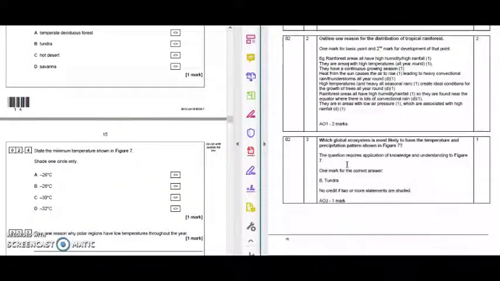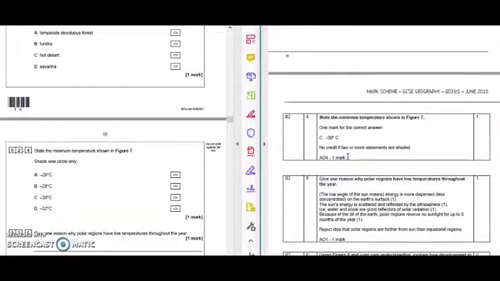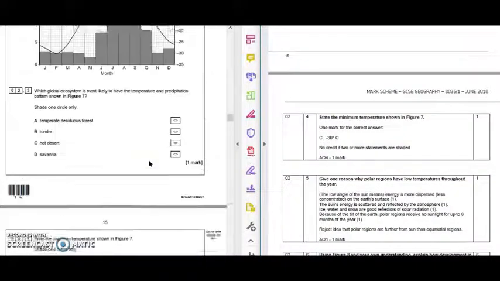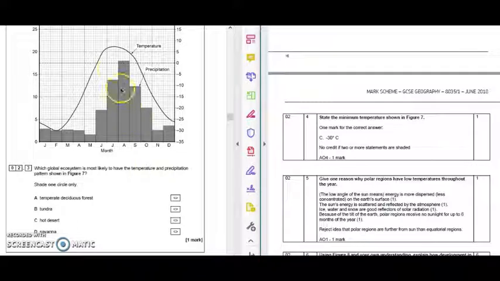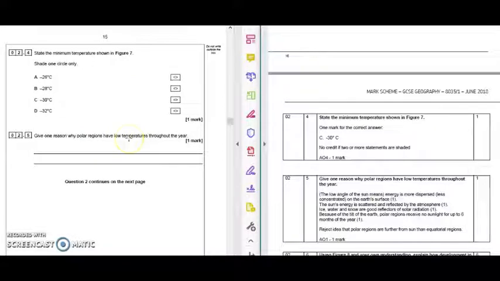And then 2.4, what is the minimum temperature shown in figure 7? Again, temperature is the line, go down to the minimum, so it's that number there. So the answer is minus 30 degrees, which is C. And then 2.5, give one reason why polar regions, so the North and the South Pole, have low temperatures throughout the year. Now, this on the face of it is a really easy question,